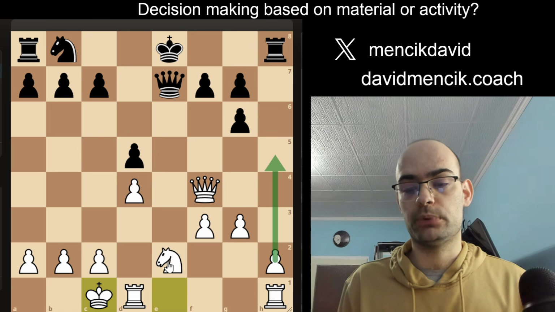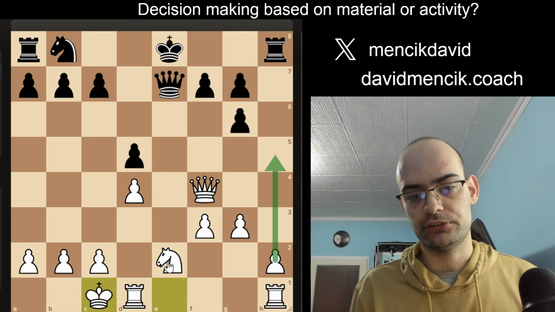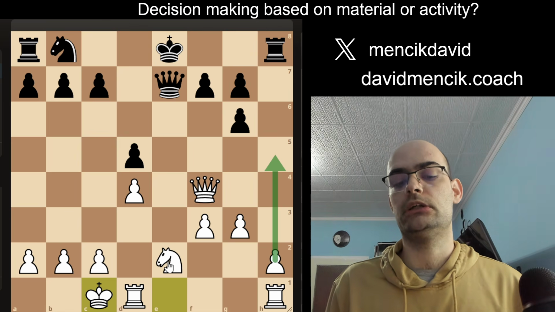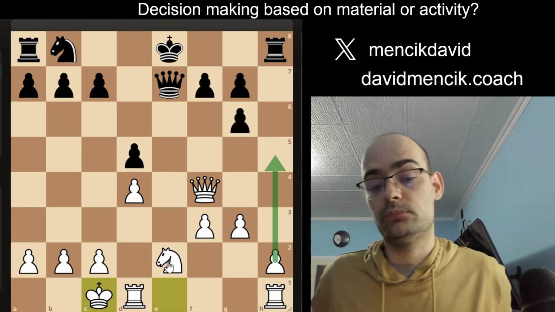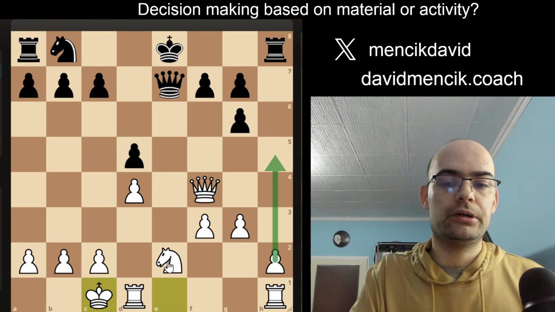Then, for example, white can continue with moves like h4, h5, and putting probably the d rook to e1, moving the knight soon, and the position is definitely at least slightly better for white.